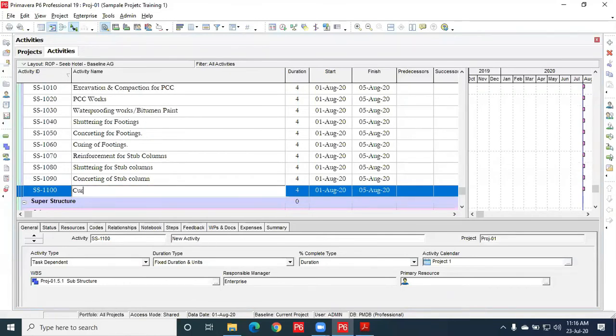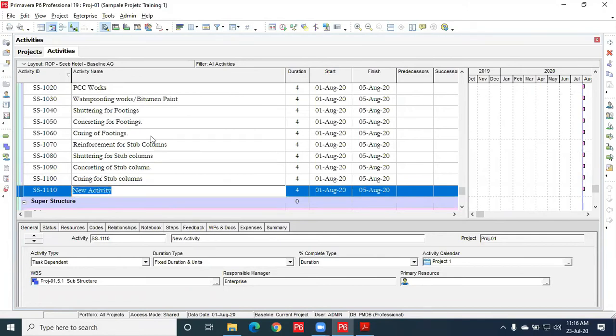Let's add curing for stub columns, curing for stub columns, then waterproofing works, waterproofing works.